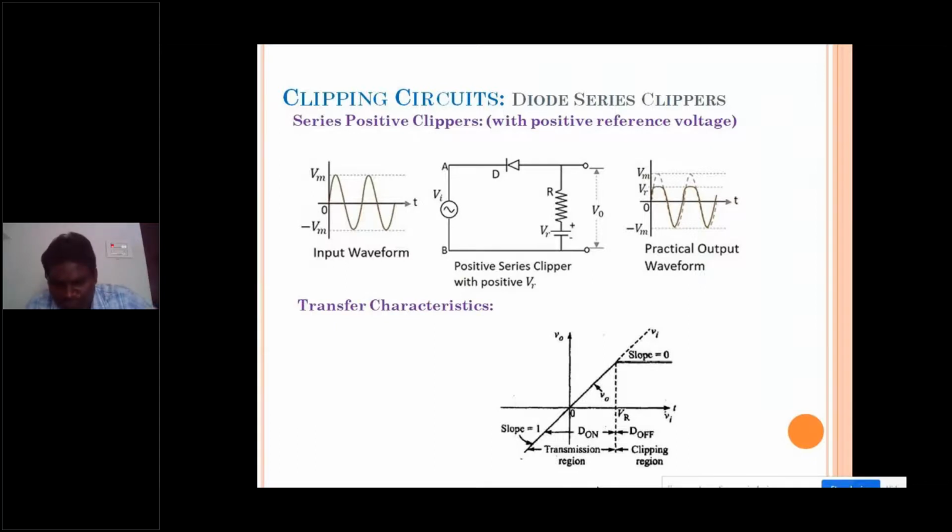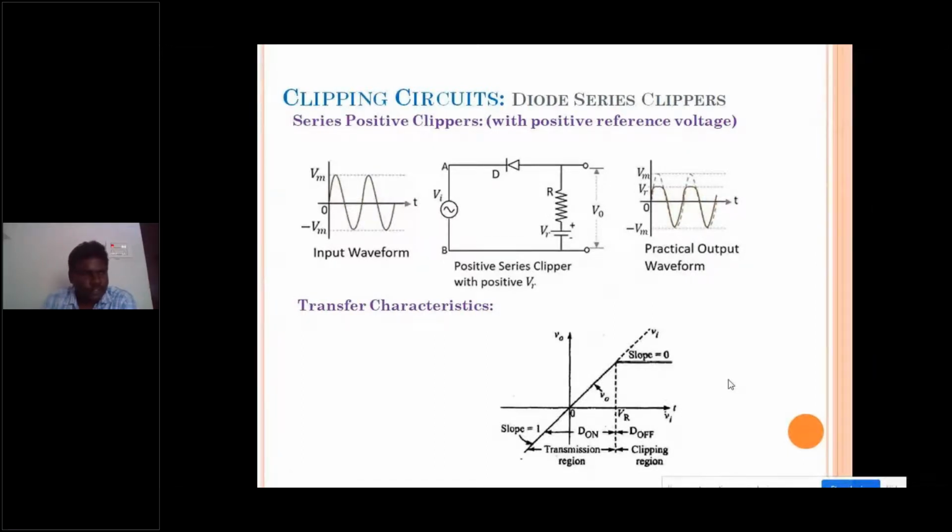If the output voltage is equal to the input voltage, then the slope becomes 1. When the slope is 1, you need to draw the line like this, that is shown here. Look here. If the input voltage is less than VR, the slope is 1, because output voltage is equal to input voltage. Observe this straight line. The slope is equal to 1 for V less than VR. But for V greater than the reference voltage, the diode gets reverse biased. So the output voltage is equal only to the reference voltage. So we will have a line here like this. Here actually we need to represent VR. This right line is exactly at VR. So that is the case. That is the way of drawing the transfer characteristics.